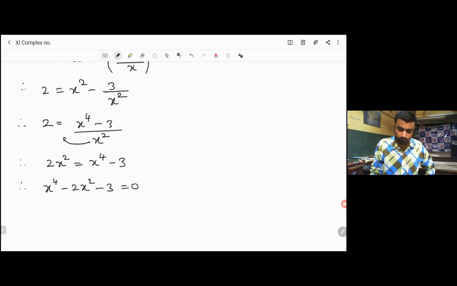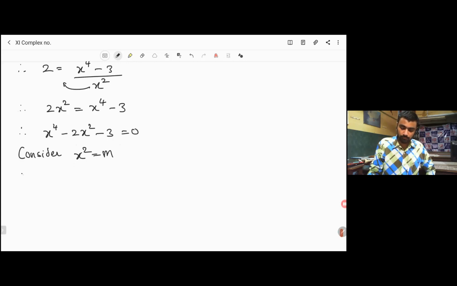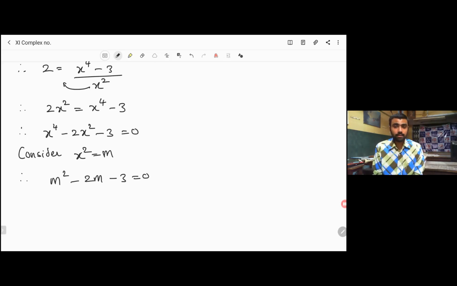Consider x square is equals to m, and when you put x square is equals to m, this equation will become m squared minus 2m minus 3 is equals to 0. Now under this quadratic equation, which is in the variable m, now you have to find the factors, and you have to consider